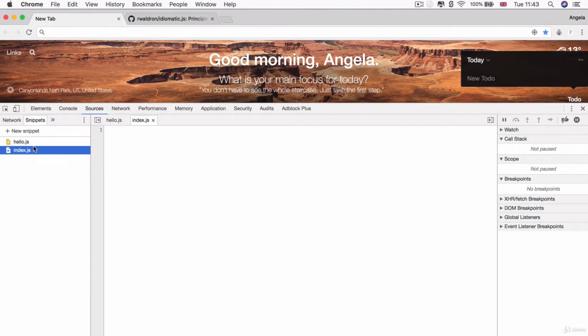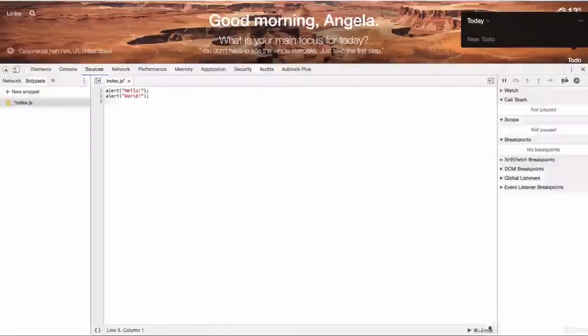So now you can see that we've got these JavaScript files, and it's showing up over here almost like what we've got going on inside Atom. So I'm going to close off the hello.js and remove it so that we only have one file and it's less confusing. Now inside this file, I can start writing code. So for example, I can say alert hello and then alert world. And I can write as many lines of code as I wish. And once I'm done, I can go over to the bottom right corner here and press it